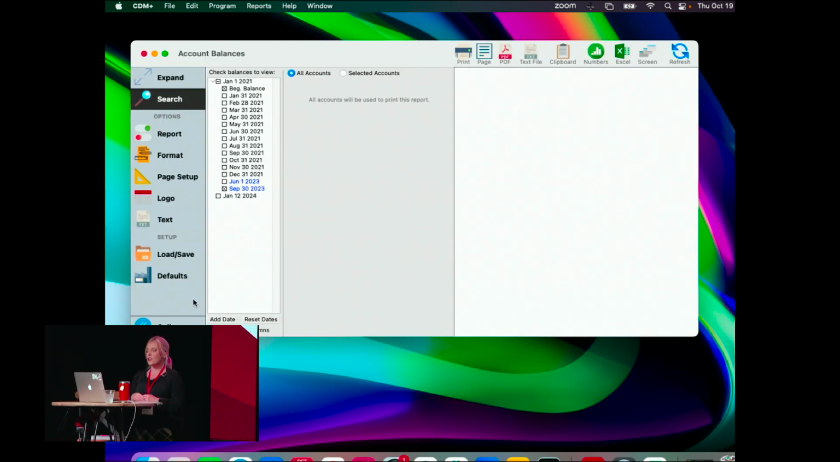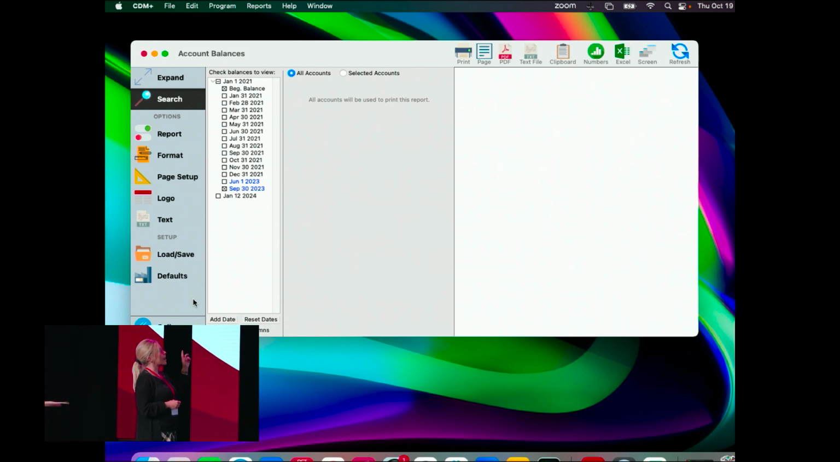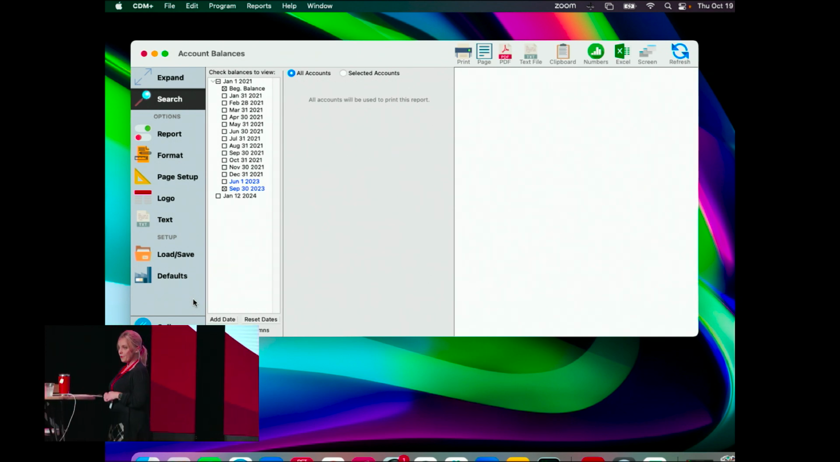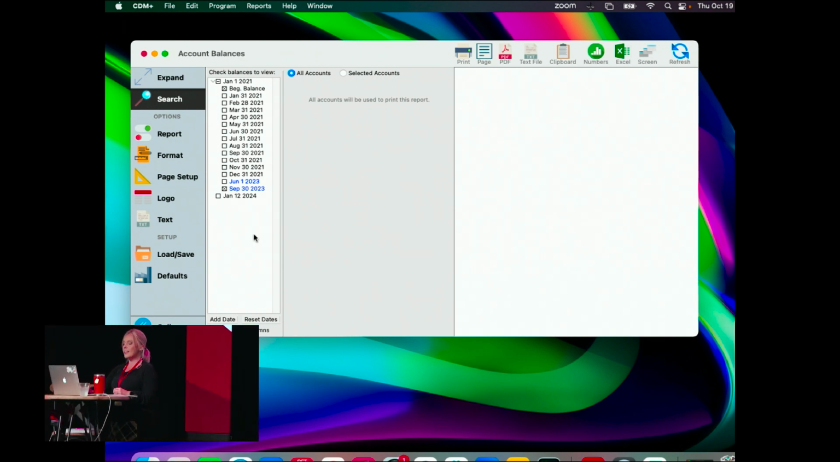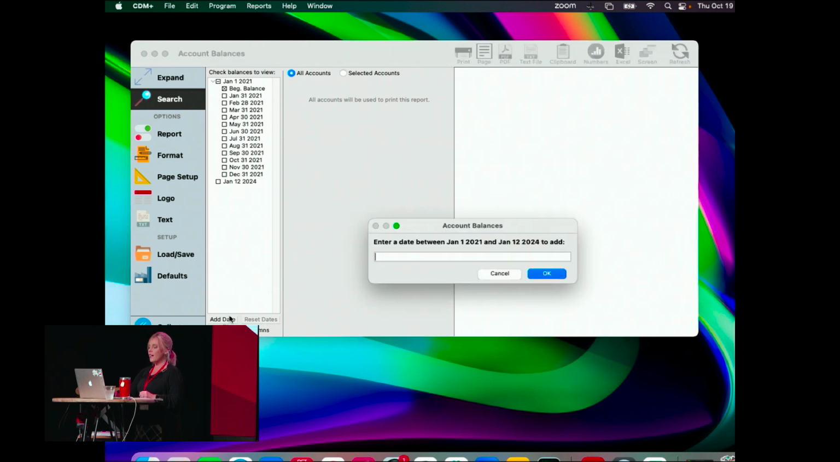On here, you have your beginning balance, and right now, January 12th of 24 is the very last date something was put in this system. I can add dates. In fact, let me just reset these. So I can add dates between any of these things if I wanted to. And when you click it, it says, add any kind of date between January 1 and January 12th of 24. So, okay, well, we're going to do